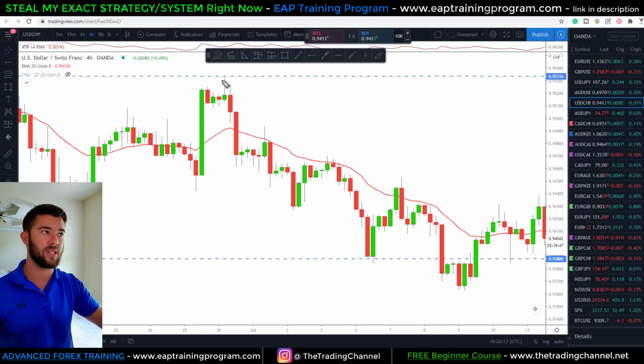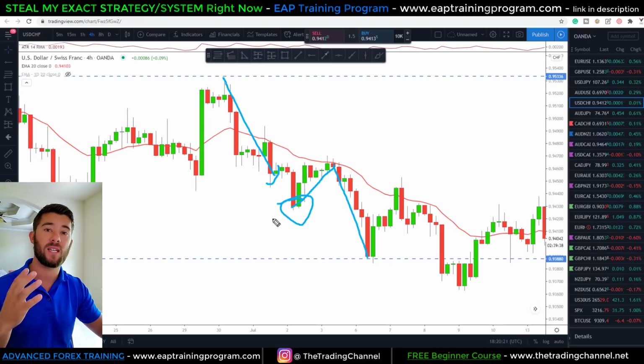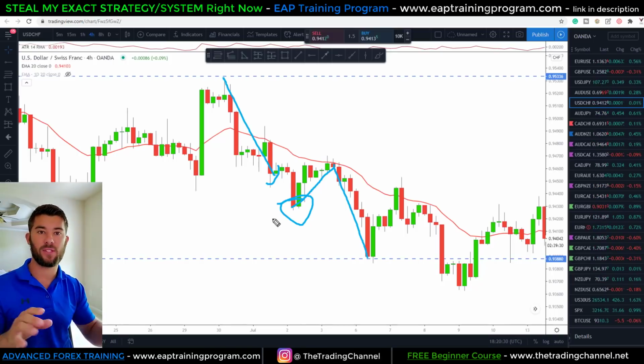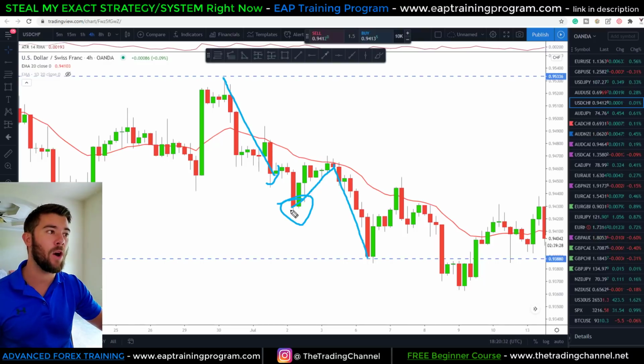But what I'm looking for essentially is a market trading below our 20 EMA, pulling back to it, getting pushed off that 20 EMA, and breaking the previous level of support. At that point is when I know I'm in a position to have the best possible chances of winning a retest trade. How so? What I mean by that is now is when I'll be waiting for a retest of